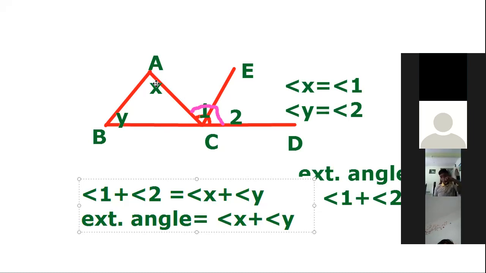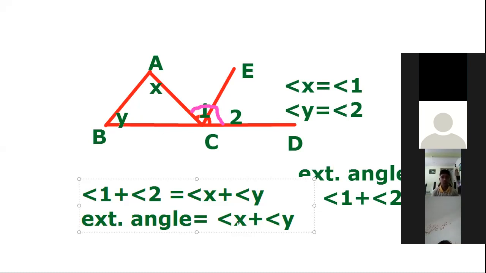How many sides does a triangle have? A triangle has 3 sides or 3 vertices. We can consider the case of vertices. There are 3 vertices, that is A, B and C. While considering the vertex C, we have 2 remaining vertices. They are vertex A and vertex B. And we are considering the interior angles at vertices A and B. They are angle x and angle y.